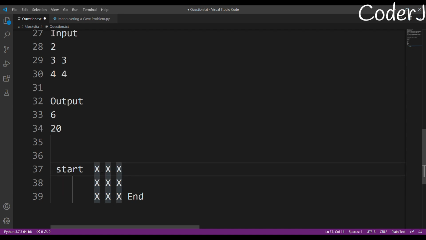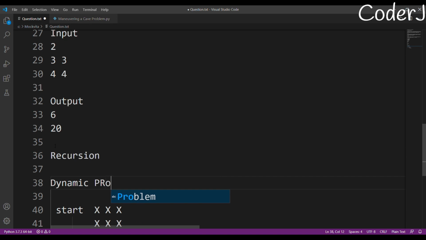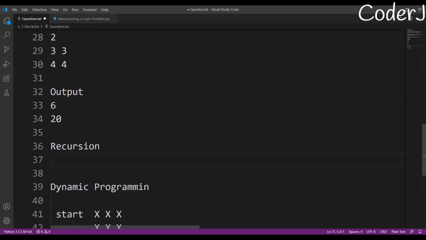So now let's start creating a boundary condition. That is the first step that you need to keep in your mind, because you will need it in both recursion and dynamic programming. I'm just talking about two approaches, even though this question can also have a third approach, but for that you need to have a strong quant. Let's ignore it right now. For recursion, you need to have a base condition. Base condition means where to stop. You need to know that when you are using recursion.